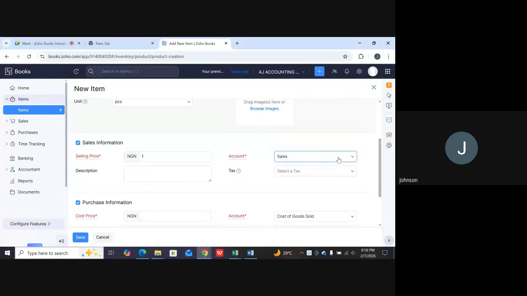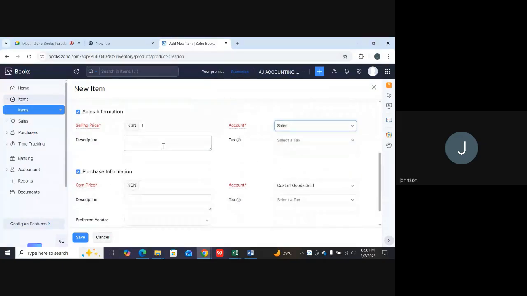That sales heading is what we're going to be selecting over here. But for now, all of them is reporting to sales and there is no issue, it's fine. The next thing you want to do is, do you have any description? You can put your description. Do you want to apply tax? You can apply tax on it, but we don't need to apply tax now since we can always apply tax